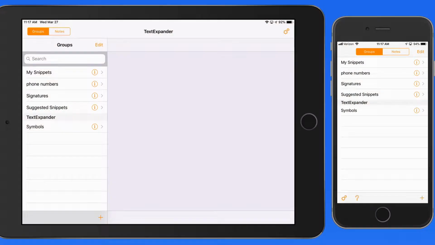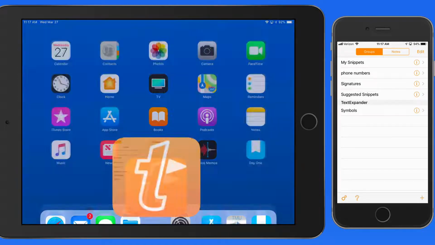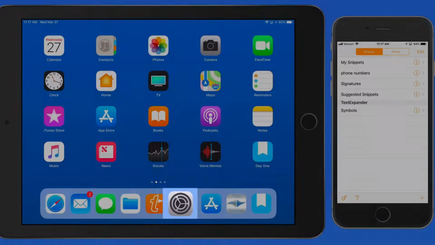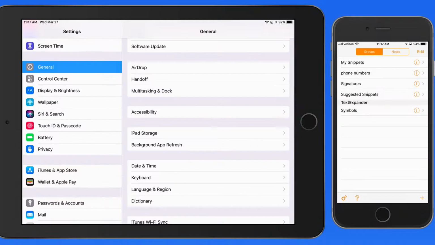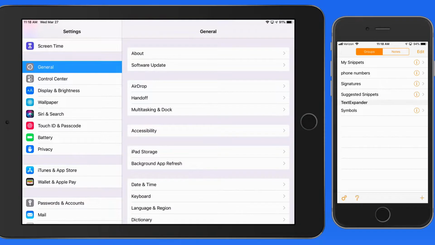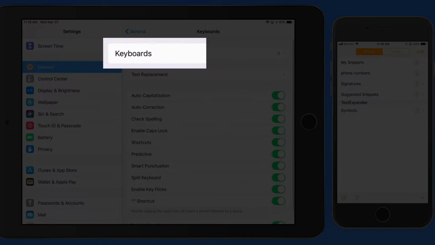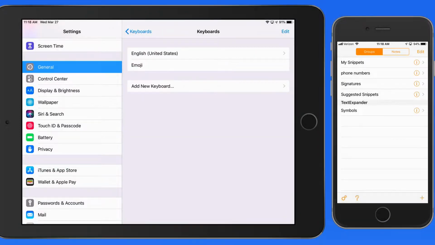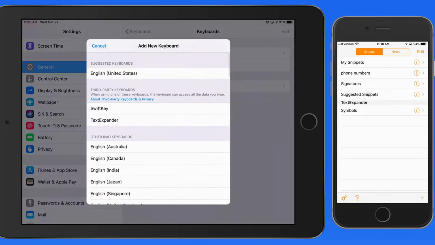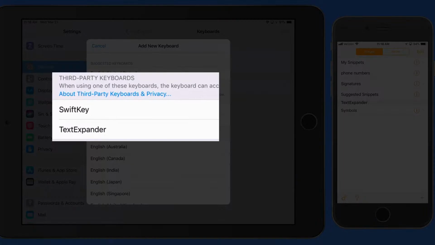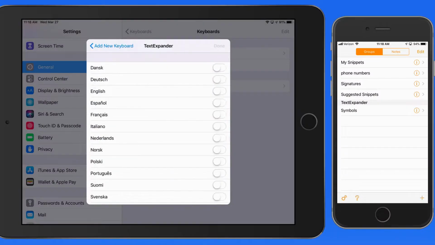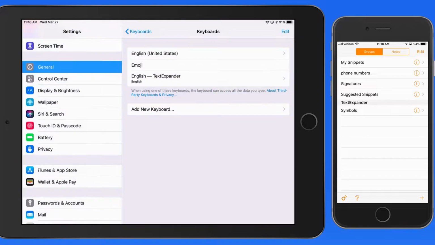As long as the TextExpander app is installed on your iOS device, you'll also then be able to activate the TextExpander Keyboard. So let's do that here on the iPad. We'll need to go into the Settings app, General, and Keyboard. Tap Add New Keyboard, and in the third-party keyboard section, we see TextExpander. Tap on this, and then choose the language or languages that you want to use with the keyboard, and it's